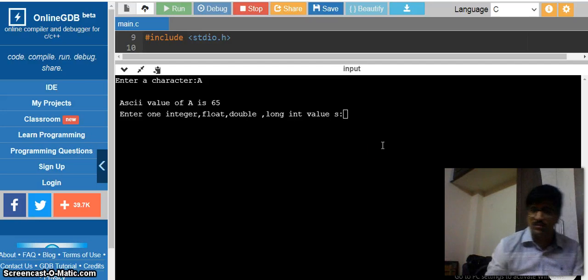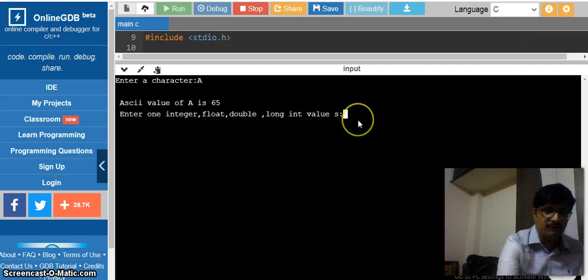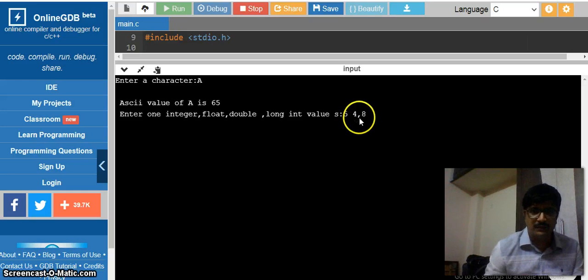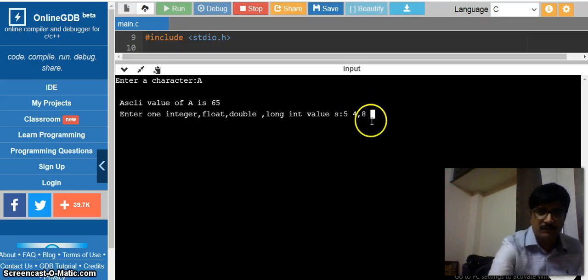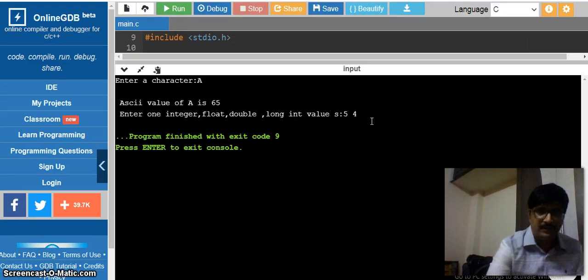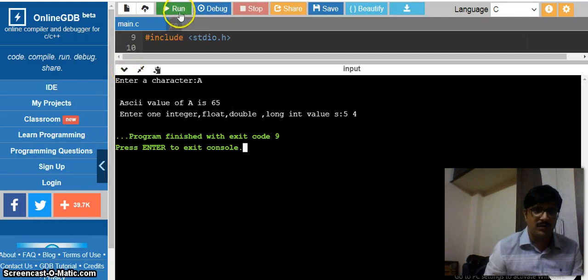My integer value is 5, and the float value is something like 4.8. Something went wrong. Okay, let me compile and run this program all over again.